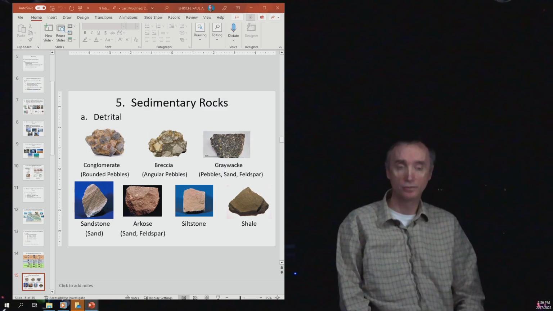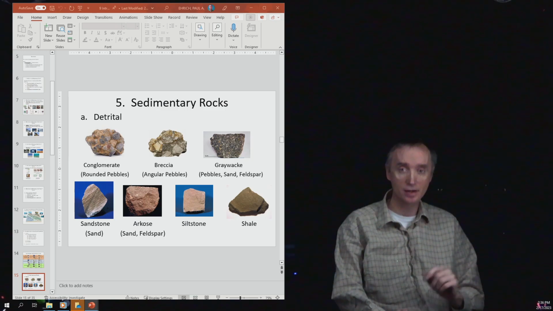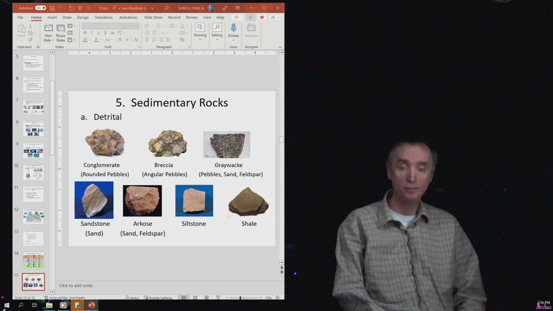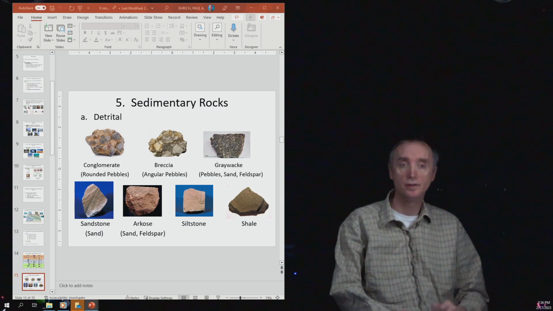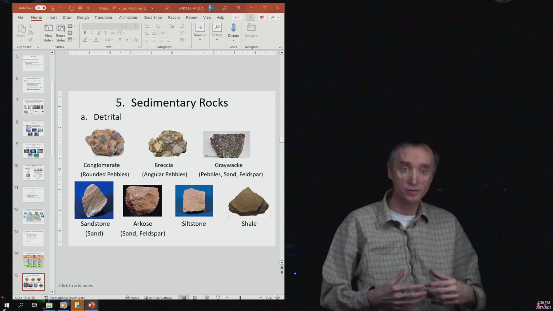Okay, what about the sandstone? So the sandstone's going to be made of quartz. It's sand-sized grains, and you'll notice that the sandstone is very clean. Doesn't have a lot of other minerals in it. Now there's two places where you can find a sandstone. So they could be found in a desert. So sand dunes could be petrified and turned into sandstone, or you could find sandstone on a beach. In both cases, either the wind or the water has uniformly mixed up the sand grains so that they're all